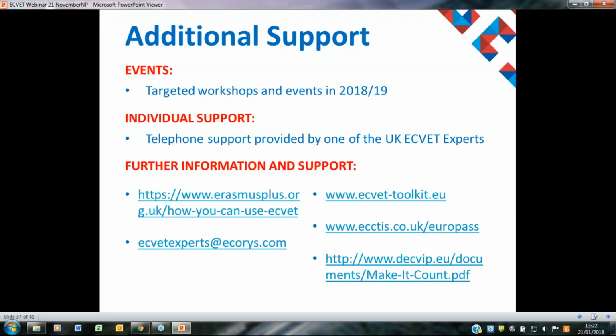Shana's just touched on it, but it's also, of course, useful to stress that Erasmus Plus Mobility is an opportunity to incorporate other qualifications into your mobility, not just the